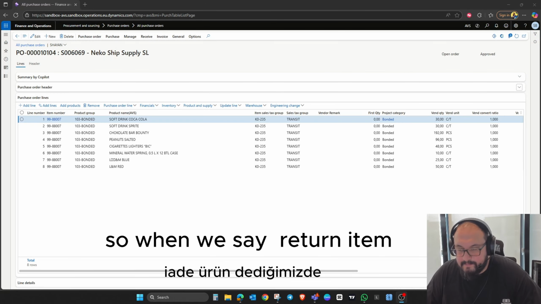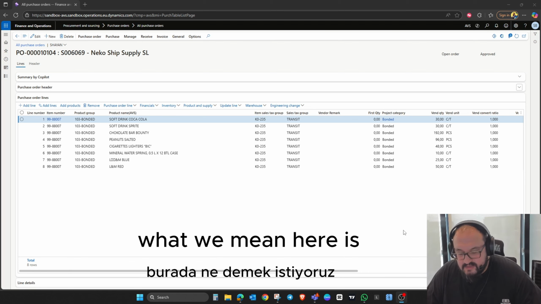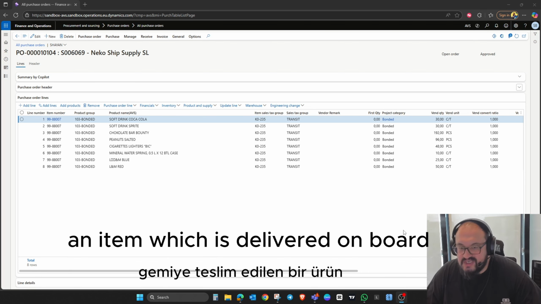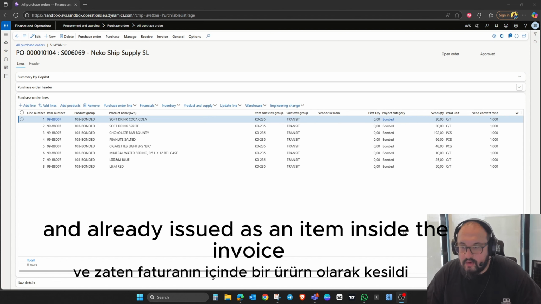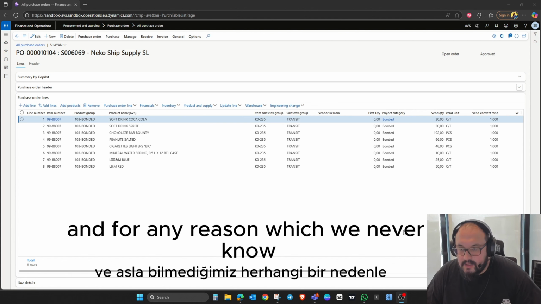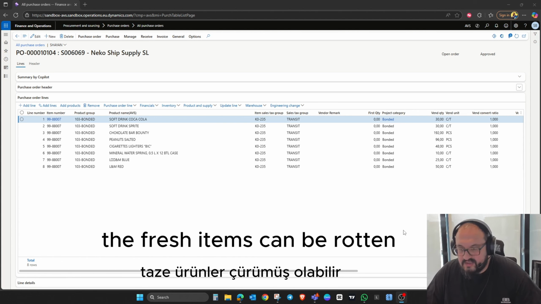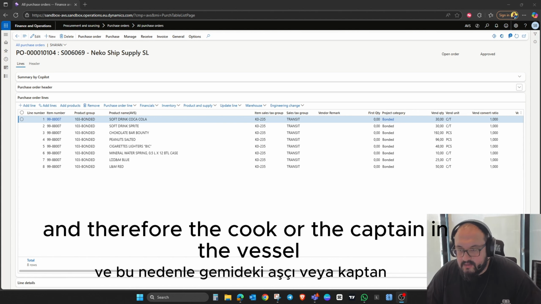So when we say return item, what we mean here is an item which is delivered on board and already issued as an item inside the invoice, together with all the other items. And for any reason, which we never know, for example, if it's some fresh items, the fresh items can be rotten, and therefore the cook or the captain in the vessel